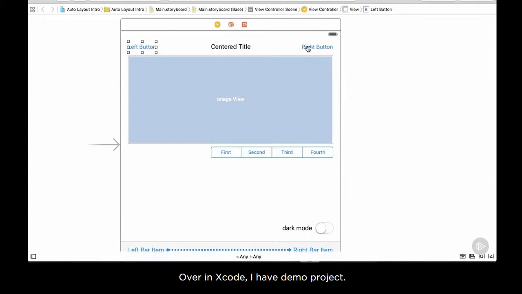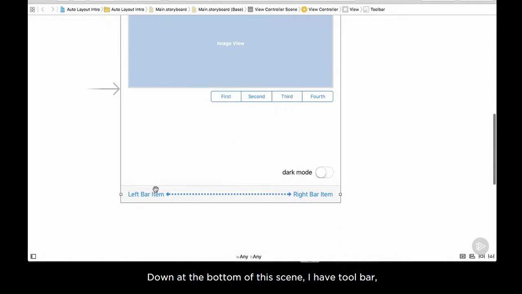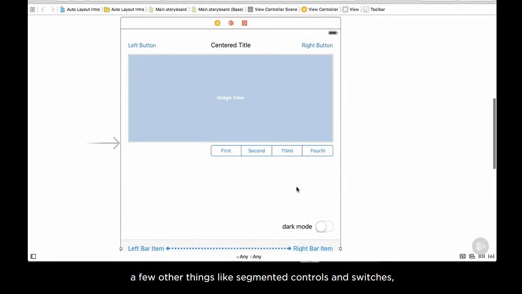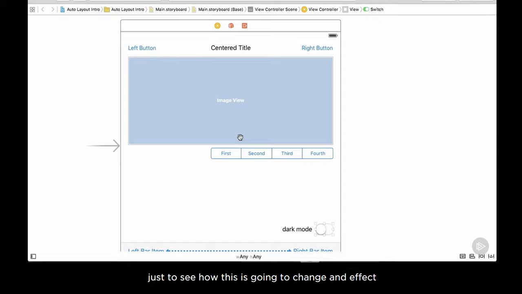Over in Xcode, I have a demo project. There's no code in this project yet, just multiple controls that I've dragged and dropped from the object library onto this scene. I've done nothing with auto layout yet. So we have a couple of buttons on the left and the right, a label in the center. Down at the bottom of this scene, I have a toolbar, a few other things like segmented controls and switches, just to see how this is going to change and affect things when we run it